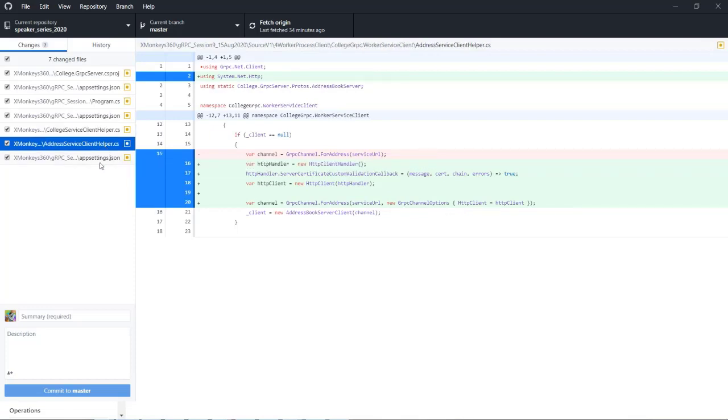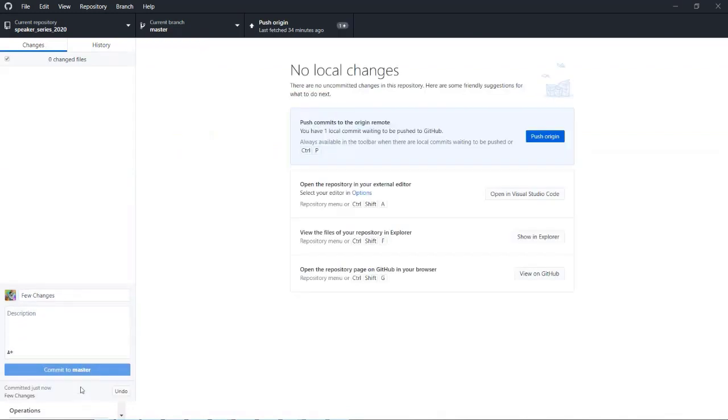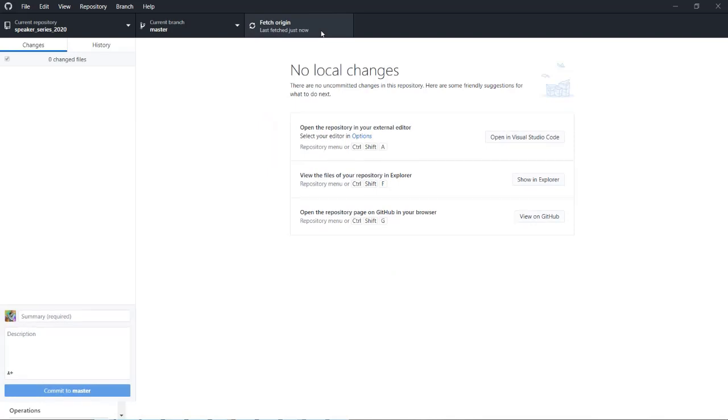Again, the same HTTP handler, gRPC options, and this one. Okay, a few changes. Let me fix this here. Okay, cool. So now that we fixed everything, I think we can test the communication between two Ubuntu